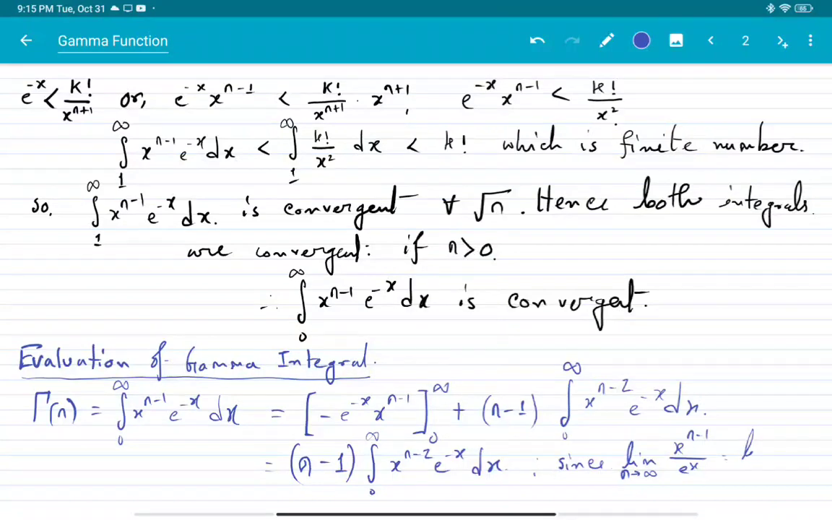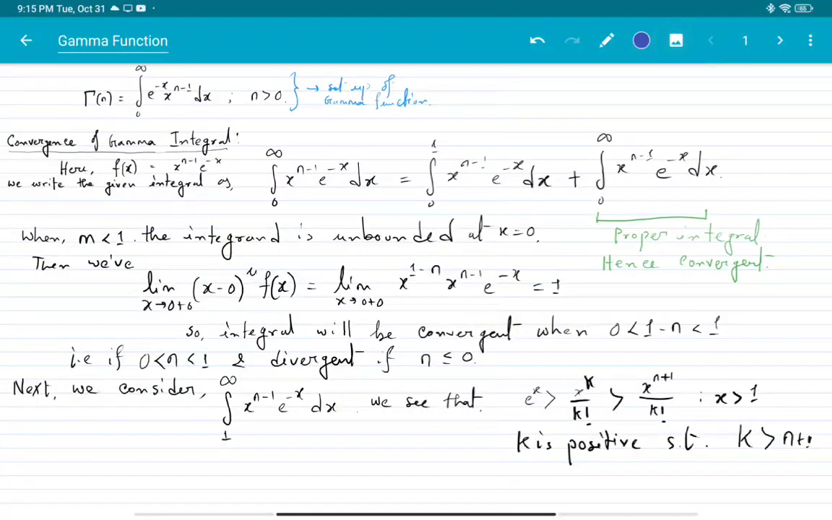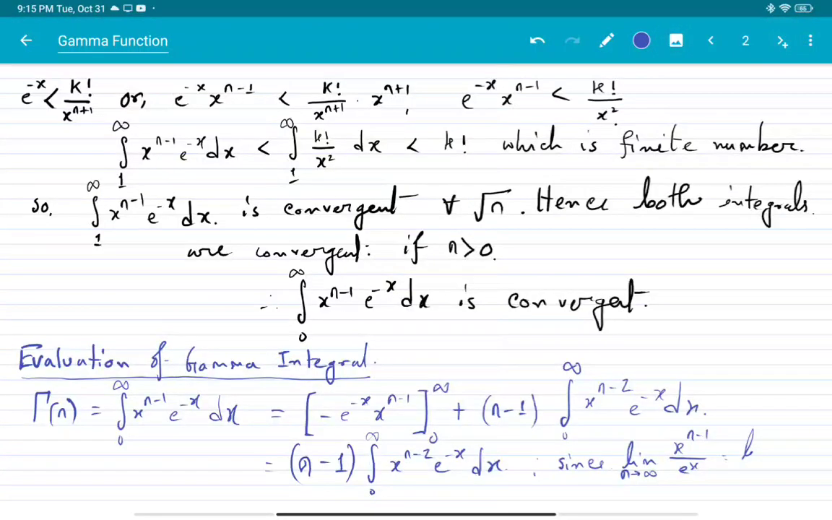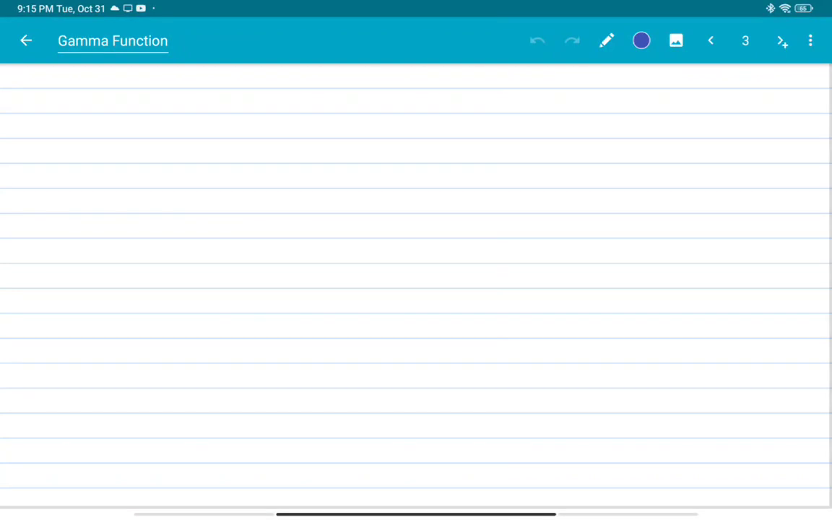So I'm shifting to the next page. So next page, just rubbing it out. So next page, so we write that, so this is the, so since